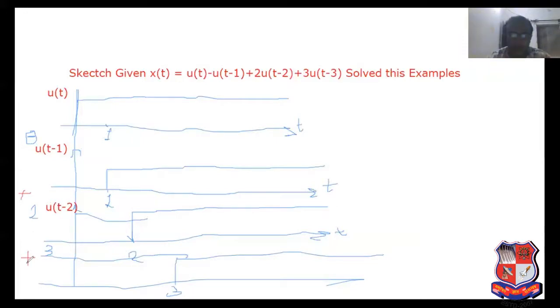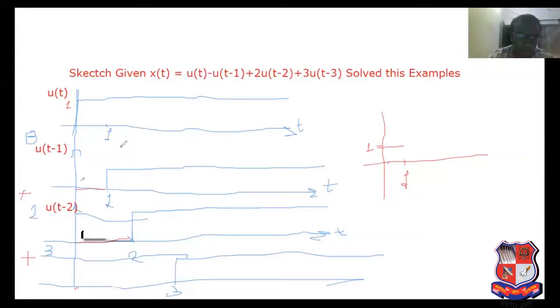Now see, between 0 to 1, now we have to concentrate on the process 0 to 1. Here amplitude is 1. Here also amplitude is 0. See this, here nothing else. Here also amplitude is 0. And here also amplitude is 0. So between 0 to 1, mention here amplitude is 1.